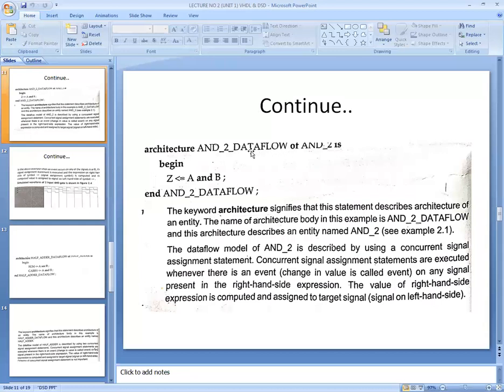But today in my video I only discuss the data flow modeling style, so here we mention only the data flow modeling style. Then start with begin, that is, begin your program. After that you can write a statement, a concurrent assignment statement, which will assign the result to z until a and b